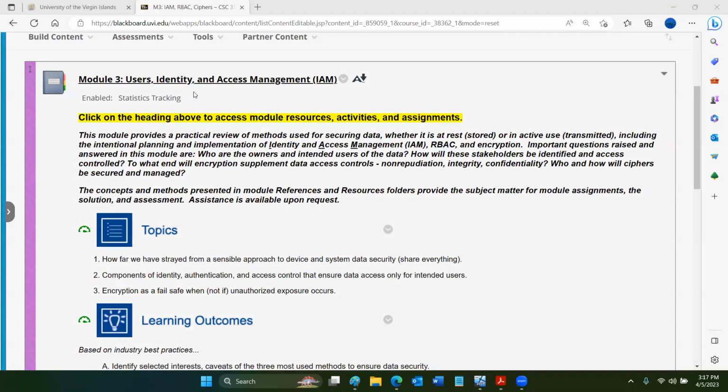The focus is largely on identity and access management, then access control and encryption. So between identity and access management, access control, and encryption, these are the three main methods that we use to implement security, to restrict access to unauthorized users. And so you can consider these the Holy Trinity or the Three Musketeers of system security. And essentially,